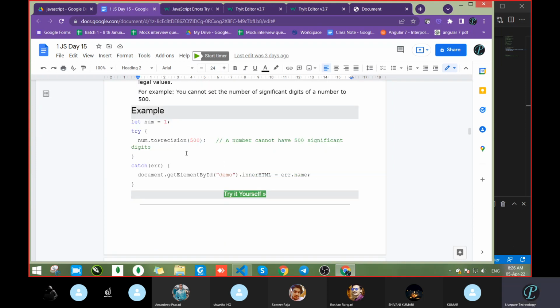Okay, let's try this one. What is this? A number cannot have 500 significant digits. Let num equal to, let's try this. What is happening?